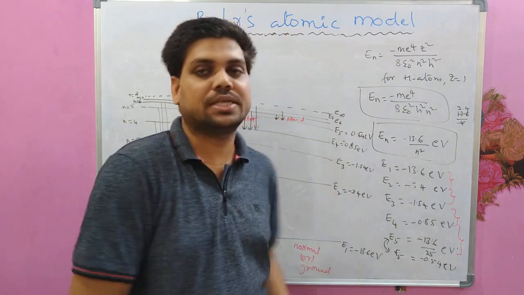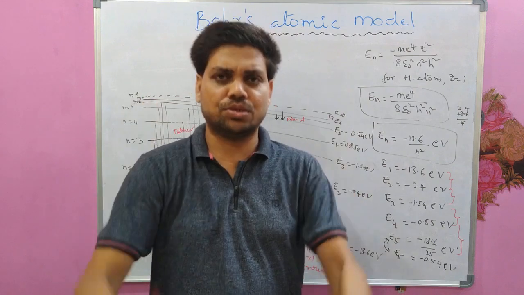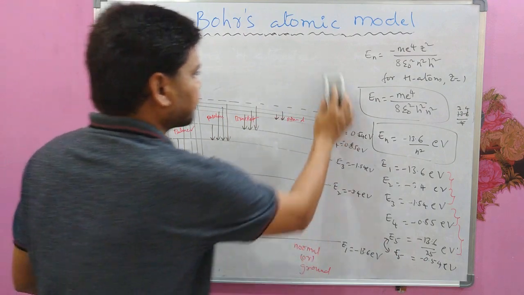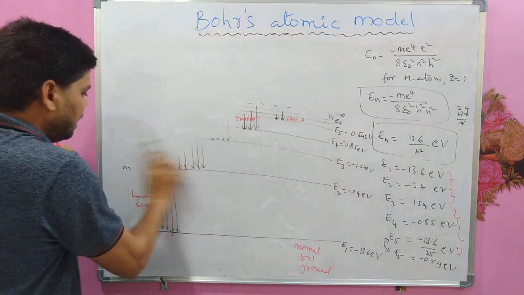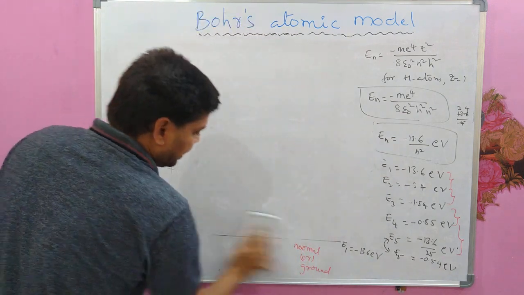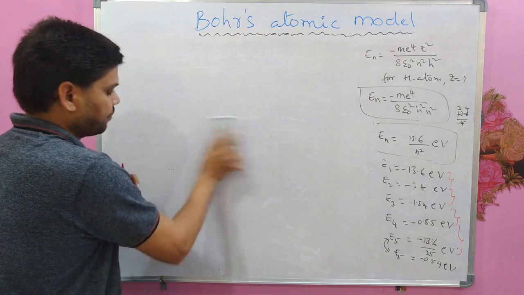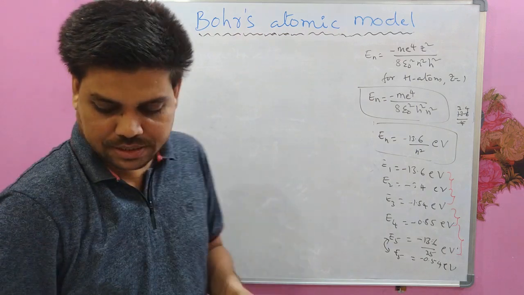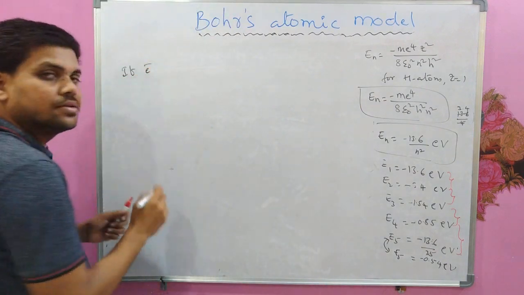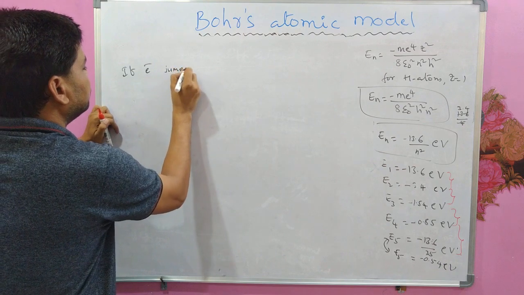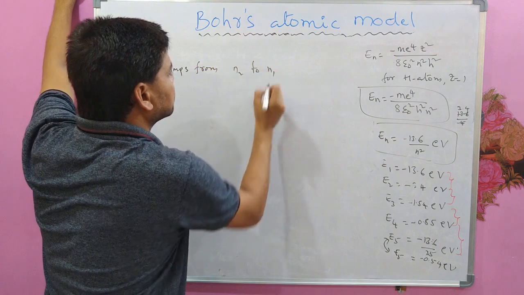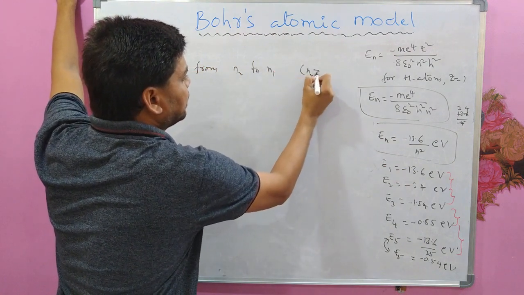So this is the most stable state. In every atom, ground state is the most stable state. Okay, so you should remember this. And based on this knowledge, one important point that we can write is, if electron jumps from N2 to N1